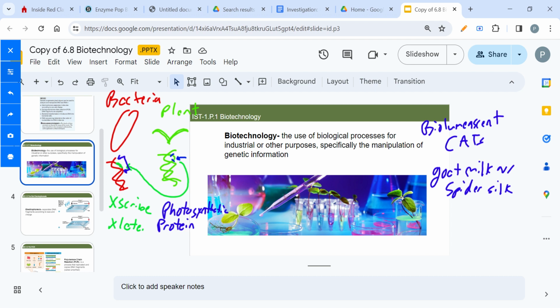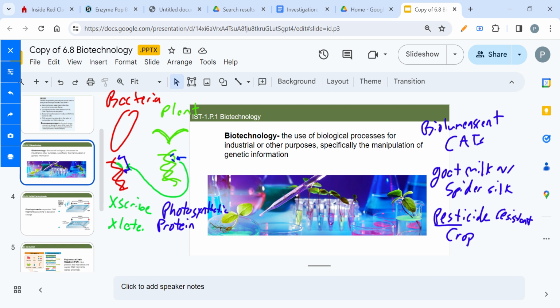Other things I can do: pesticide resistant crops. I can spray them with this really nasty chemical that would normally kill the plants, but I make them resistant to it. And that ends up killing all the pests, all the insects that are on it. So that's all biotechnology is. I'm just trying to manipulate the genome of an organism to make it do something it wasn't able to do